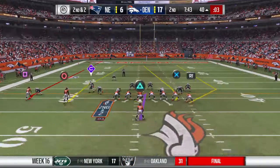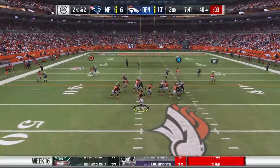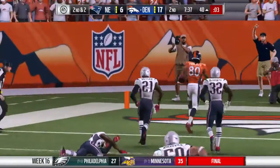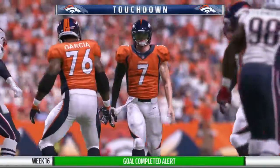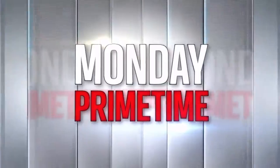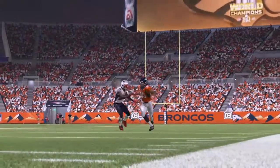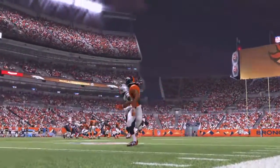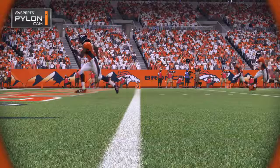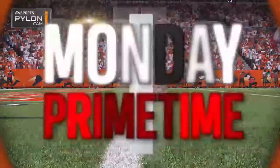In the backfield is Anderson. Again, he'll drop to throw. This will be caught inside the 10. And all the way home for a Broncos score. Seth Roberts, his 11th touchdown of the year. And the Broncos will add on to their lead. And he showcased his blazing speed on that one. Was he wearing football cleats or track spikes? Because